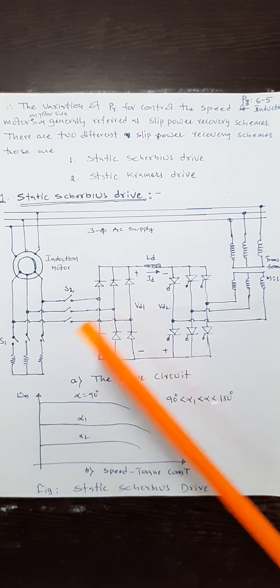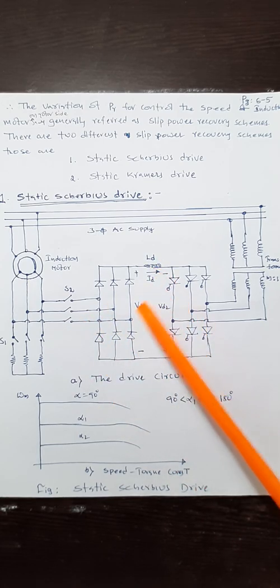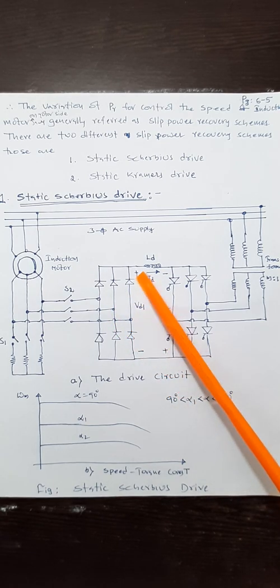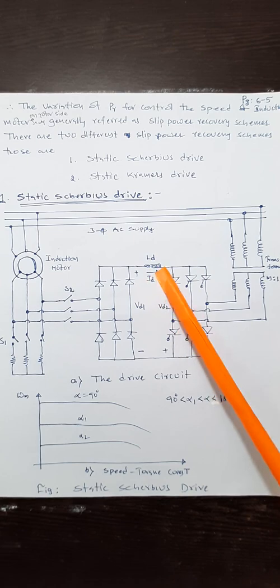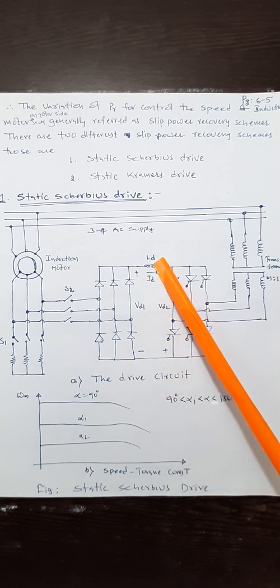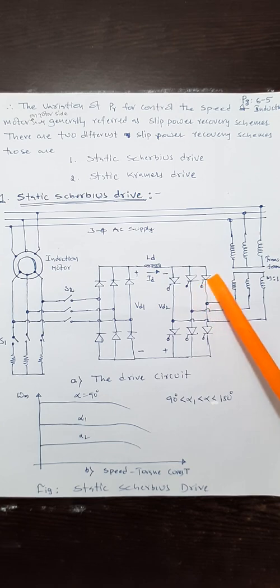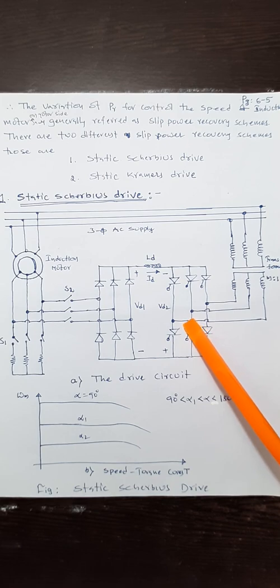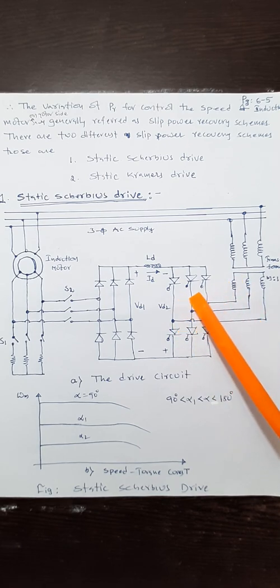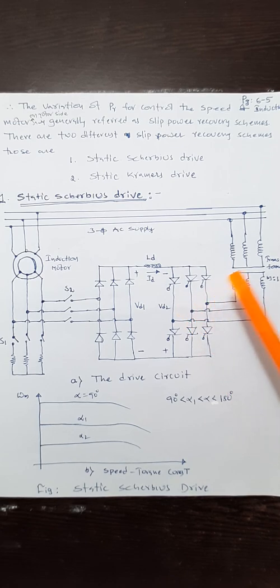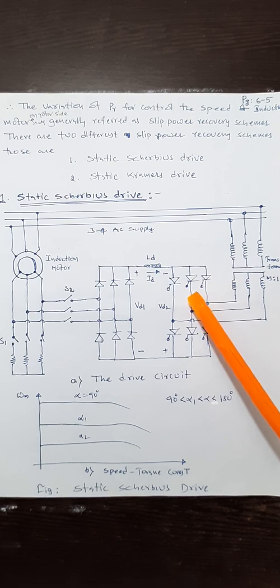The diode bridge converts AC into DC. That is the voltage Ed1, which depends upon the slip. This Ed1 is passed through the DC link inductor Ld, which will minimize the ripples as well as discontinuity in the current. It is then fed to a controlled rectifier operating as an inverter. The controlled rectifier was already discussed in the first unit. It has a firing angle ranging from 0 to 180 degrees. From 0 to 90 degrees, it acts as a rectifier.